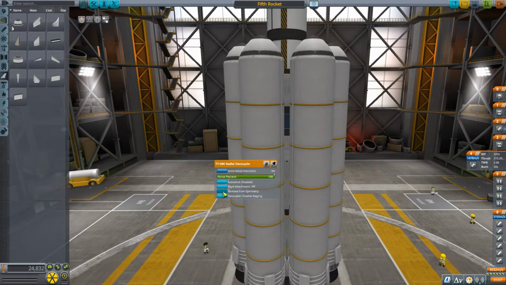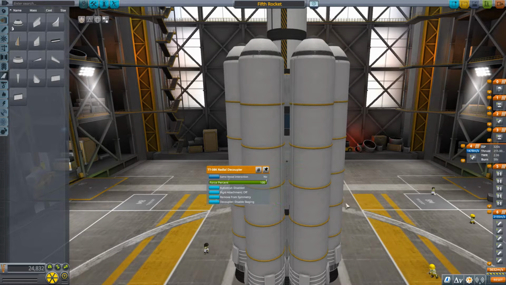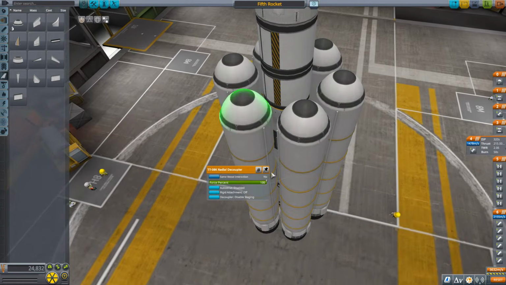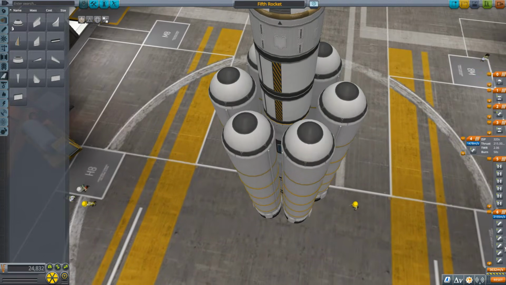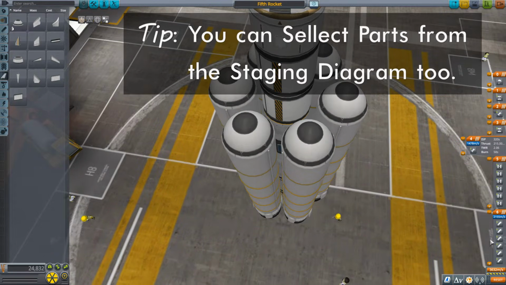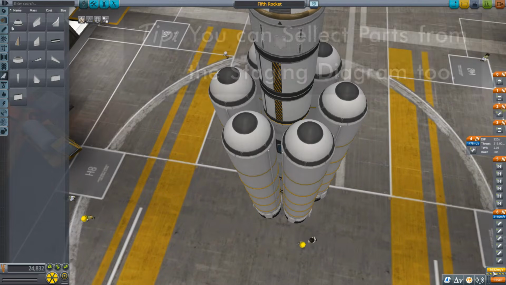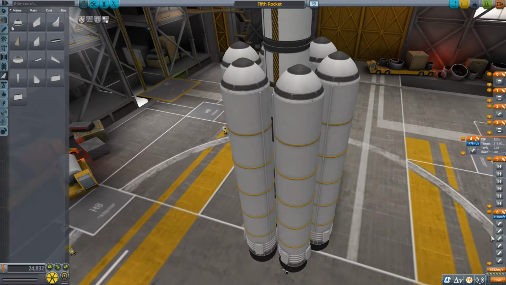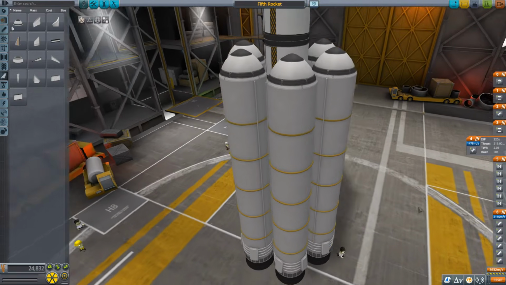little icon. Oop, missed the button. Remove symmetry, and there they go. They're all removed now. And it's sometimes easier to go with the staging diagram than it is to hunt all this down. Now, so far as how this thing's going to fly, I've changed absolutely nothing. This is still 3,632 meters per second. But what I can do now is affect these individually, how they're going to